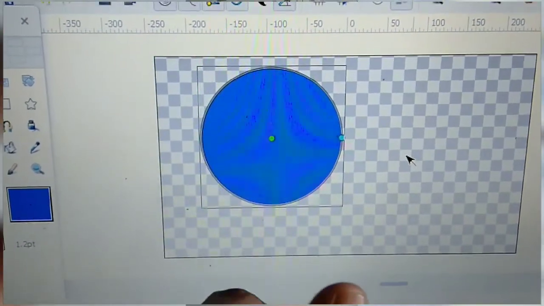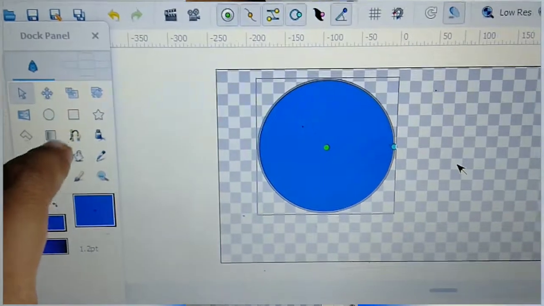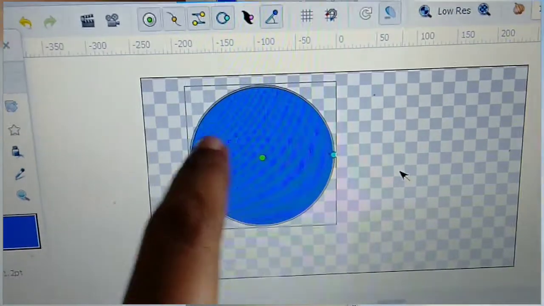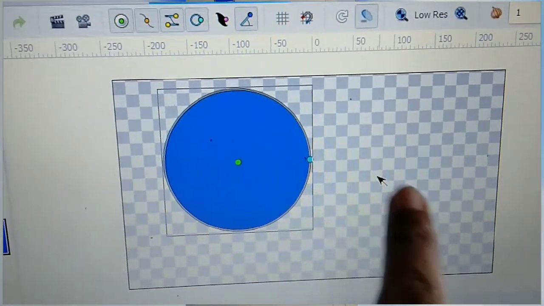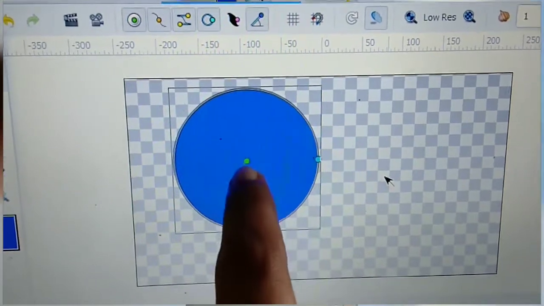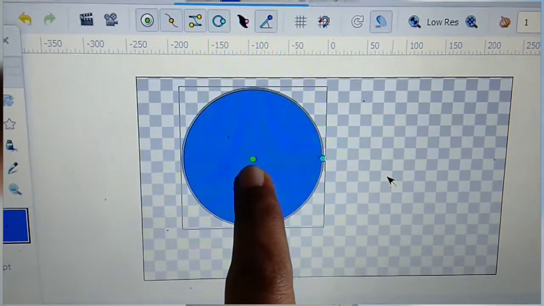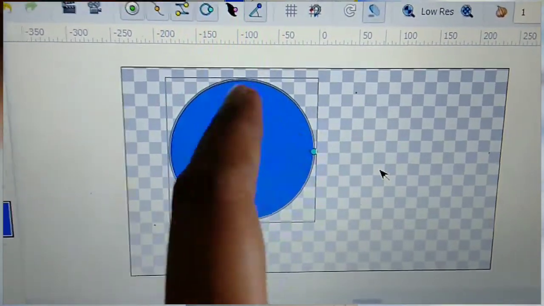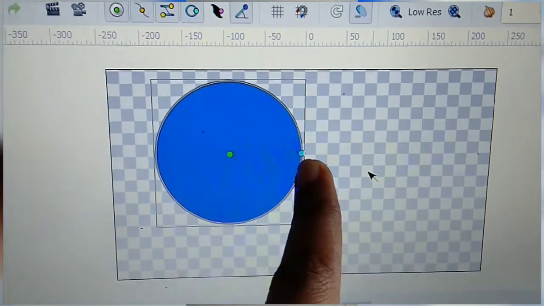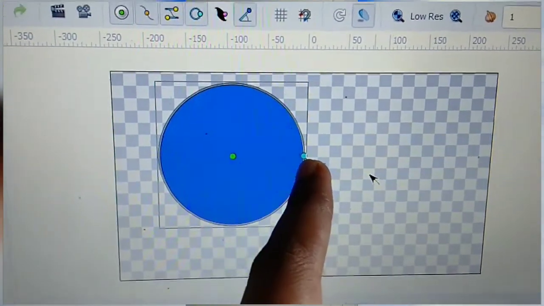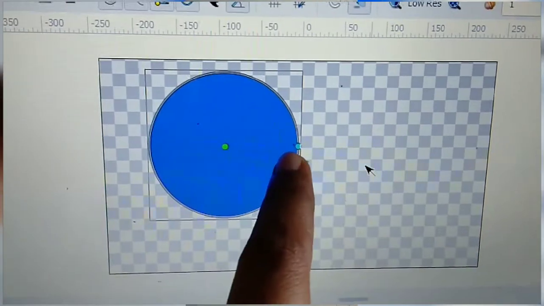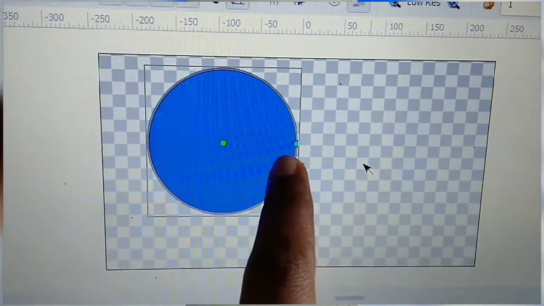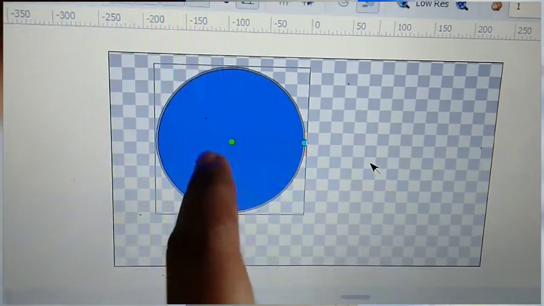In our Synfig Studio we have to consider all these tools as objects. If you want to move from one position to another position, then you have to use this green duck. That is known as center. If you want to increase or decrease your circle size, then you have to use the blue duck, and it is known as radius. Clear? And the small circle, can you see it? The small circle is known as duck.